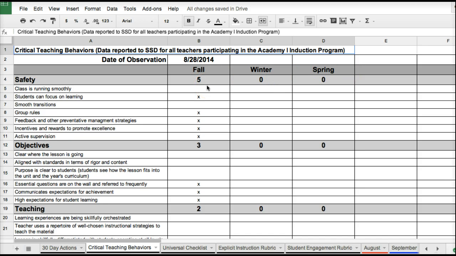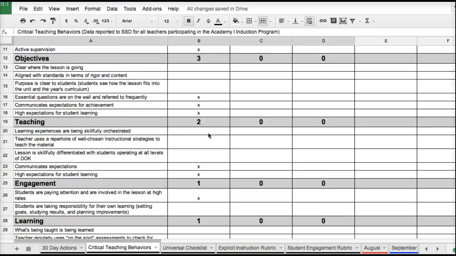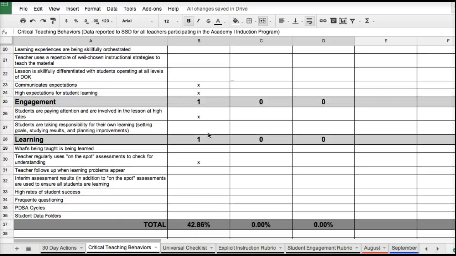Basically this year what I'm doing to capture the data is I've indicated all of the targets here on the left under the big ideas. And if I see them when I come into the classroom, then I'll put an X in that box and you'll see how many you have for each category. And in fact, if I scroll down here a little bit, you'll be able to see what percentage of the critical teaching behaviors were observed.